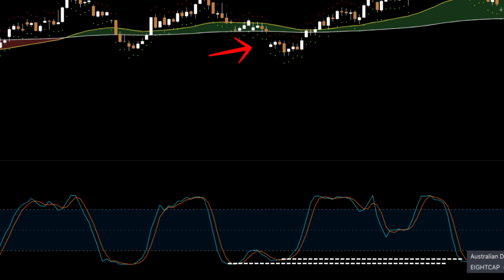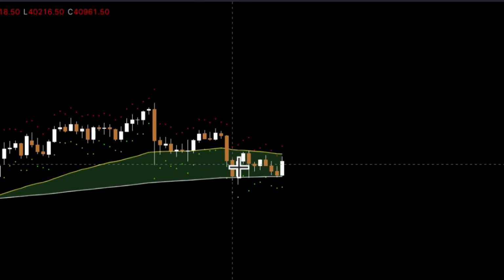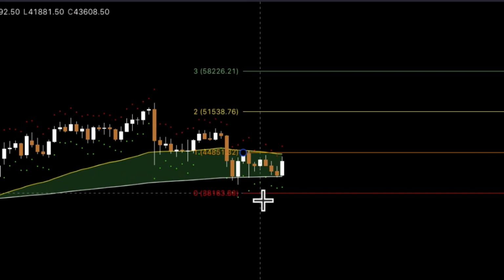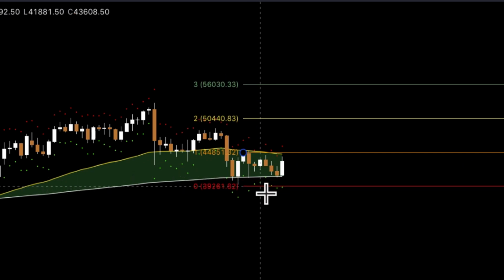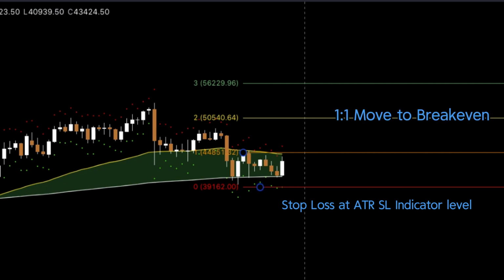As long as there's a higher cross when it turns back north, that's your signal to go long. In the original video, Eric enters immediately on the close of the bar, but our rules specify stop entry orders just beyond signal bars, allowing us to get swept into the market on a breakout. So in this case, we set our entry just above the signal bar on its close with a stop loss set at the ATR Stop Loss indicator,